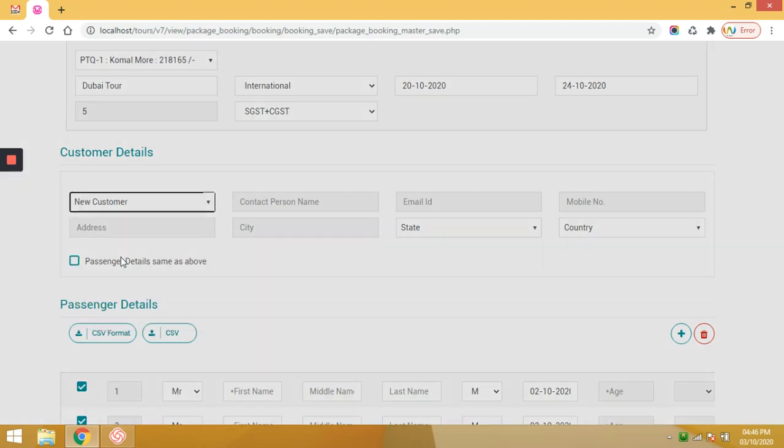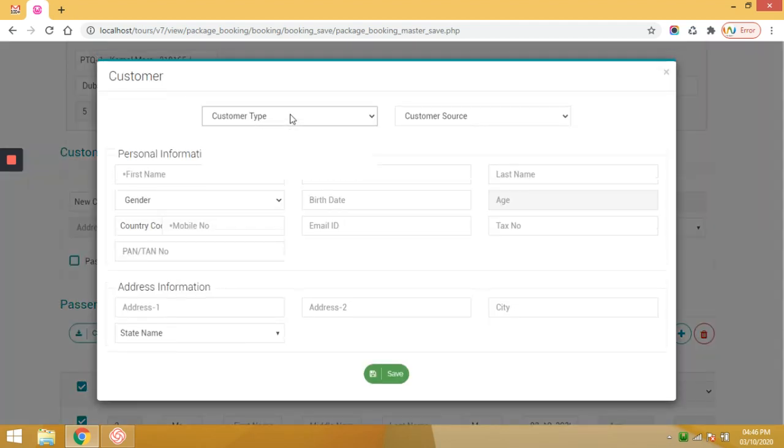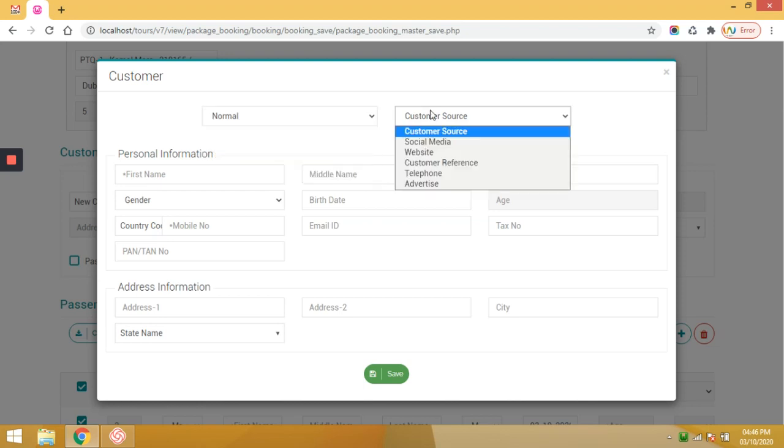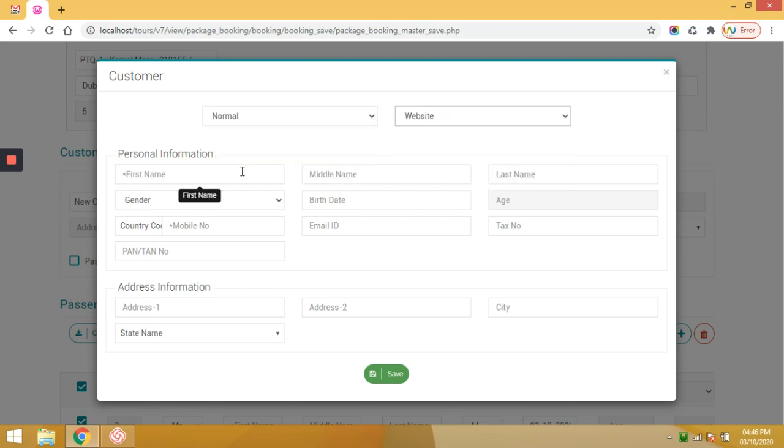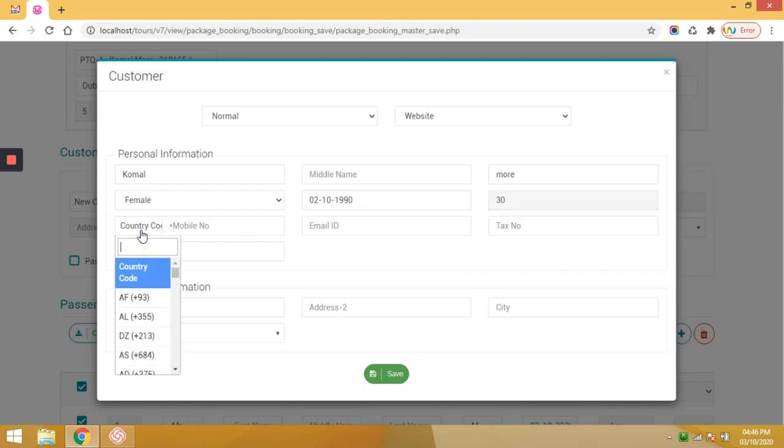Customer type, source, first name, last name, gender, date of birth, contact details, email ID, state name. State name is mandatory here.